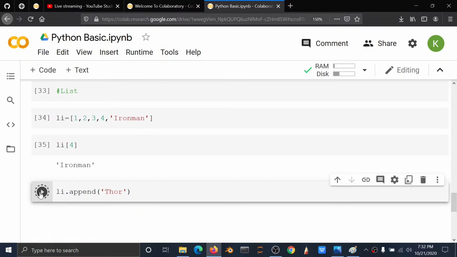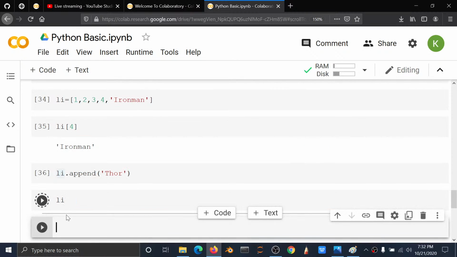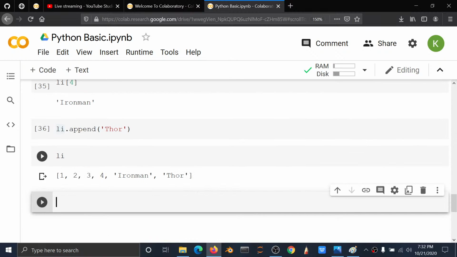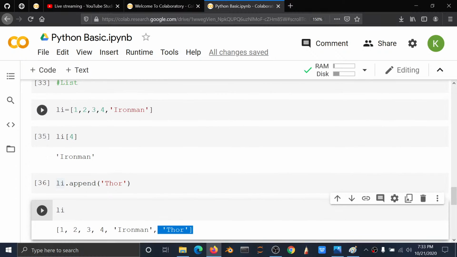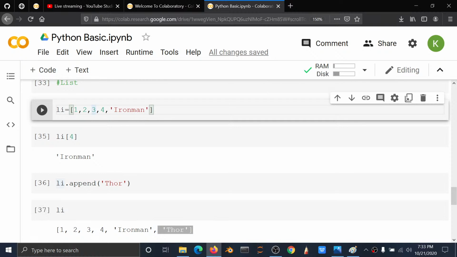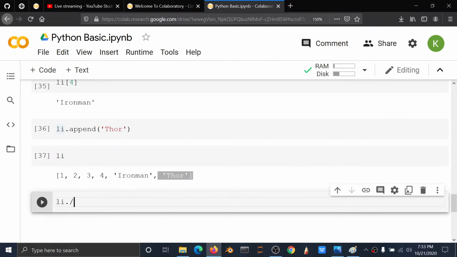Okay, so if I use li dot append, I appended the Thor. Then again, if I print the list, you will get an output result: Iron Man after Thor. So like this you can use the append function, or if you are using the insert function, you can insert where you need. For example, after 2 I need high, which means you can use li dot insert